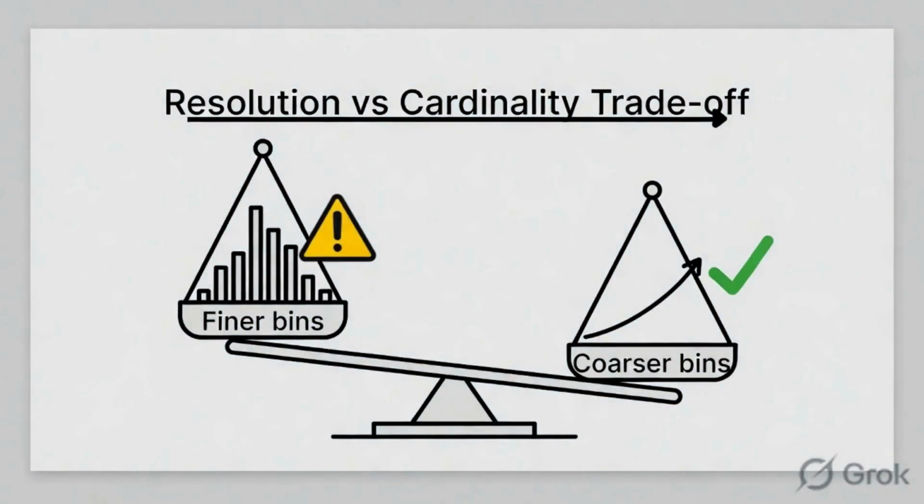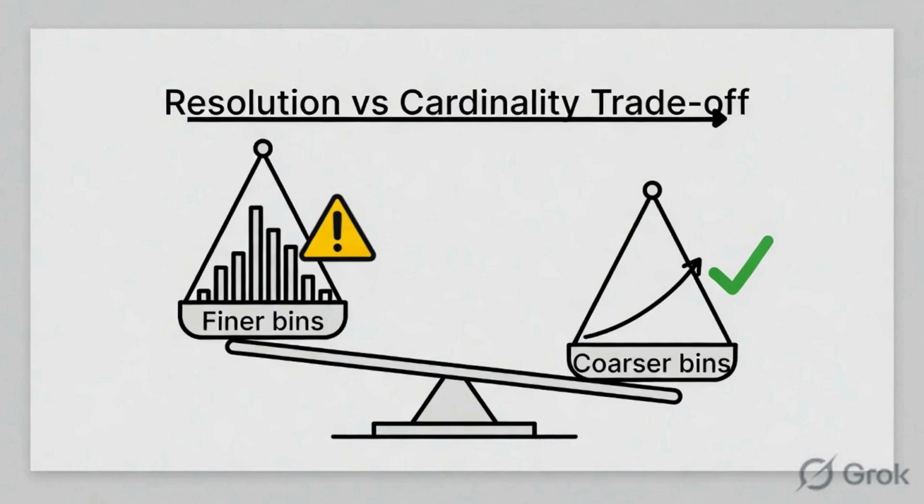Look at this balance scale. It captures the classic binning decision you make every time in KQL. On the left pan, finer bins, high detail icon showing sharp resolution, but watch the exploding cardinality warning. Tiny intervals like 1 second or 10 value buckets create thousands or millions of groups, memory pressure, slow queries, risk